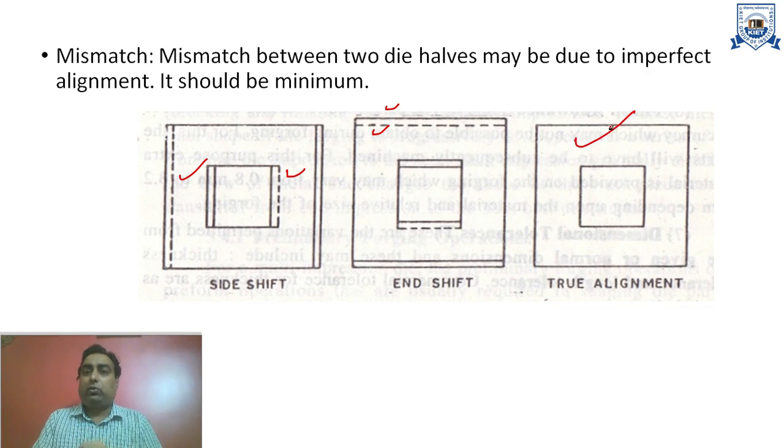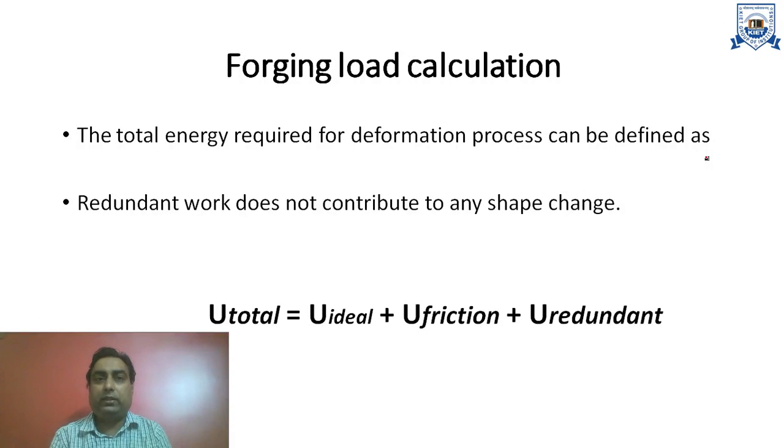And this is the true alignment. This type of design we want. This is not desirable. Next we will discuss the forging load calculation. As you can see here, the total energy required for forging can be categorized into three portions or